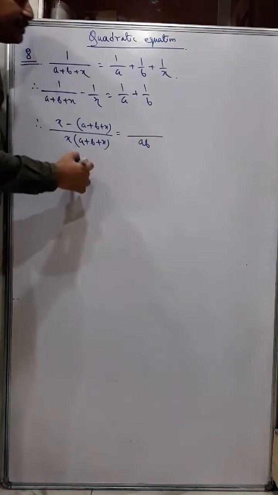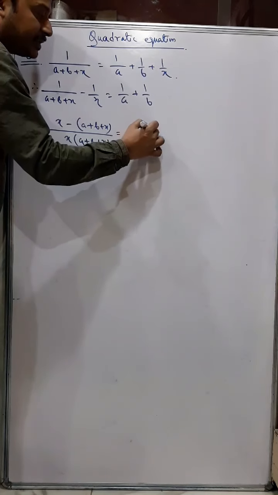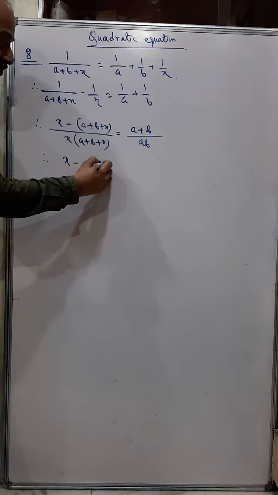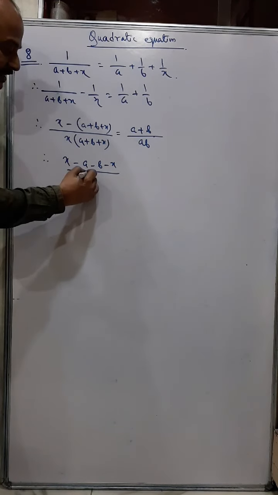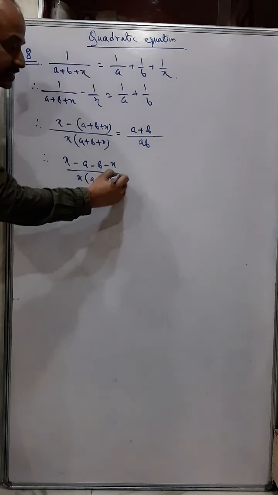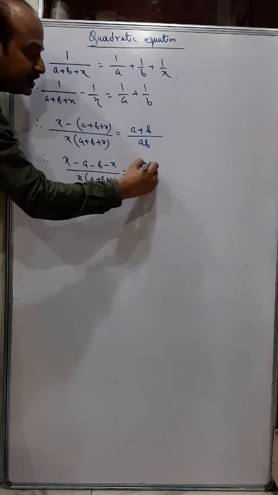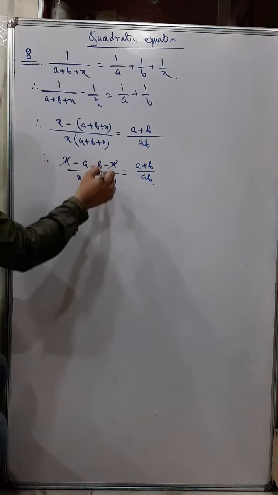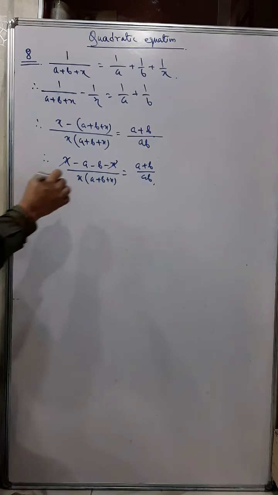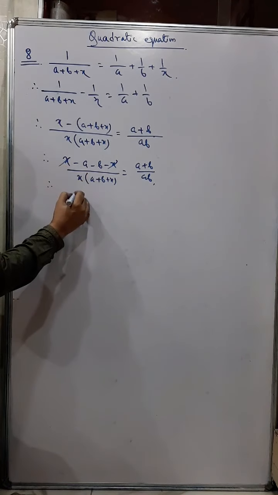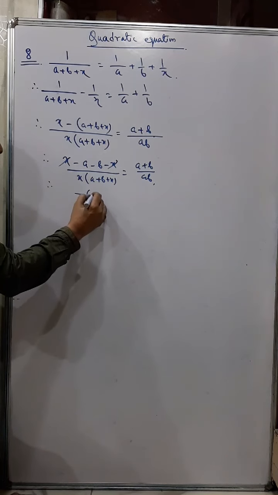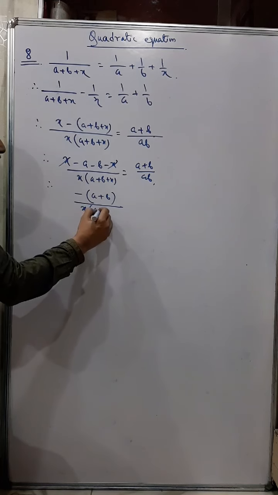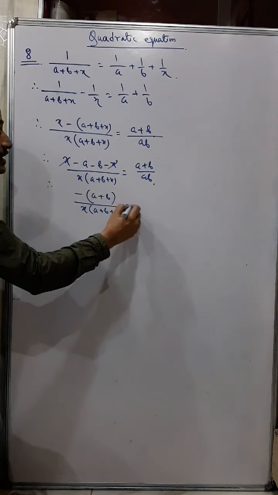And here I can take LCM as ab. We get b plus a, or that is a plus b. So we got here x minus a minus b minus x by x and a plus b plus x is equal to a plus b by ab. So I got x and x common. And now you can see we got what? Minus a minus b. I can take minus common. So what I get? Minus a plus b, and then x a plus b plus x